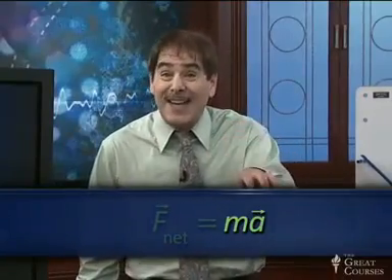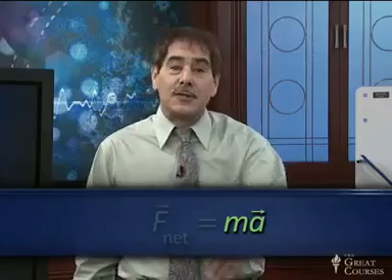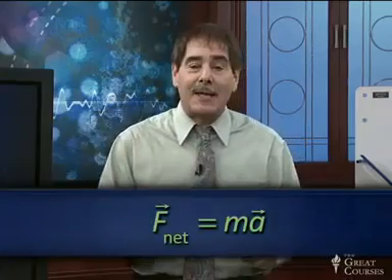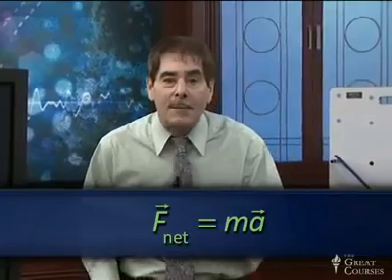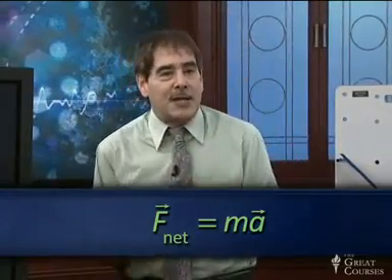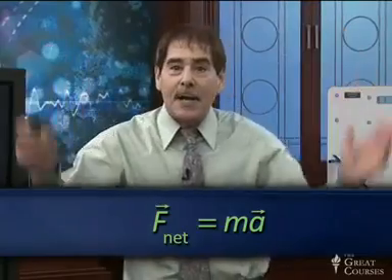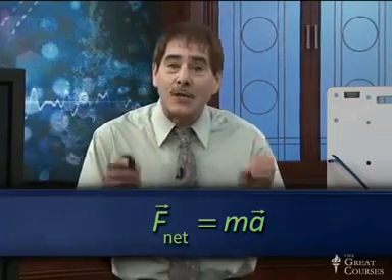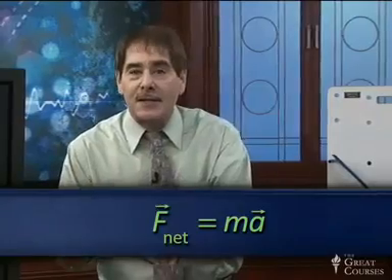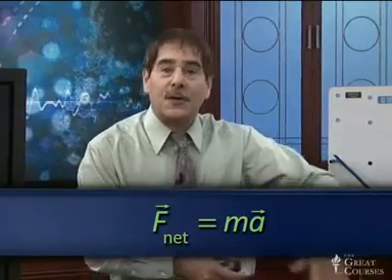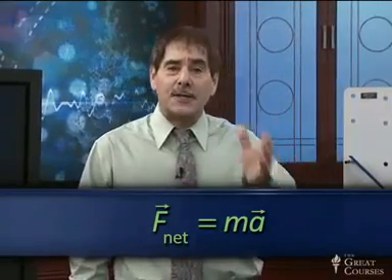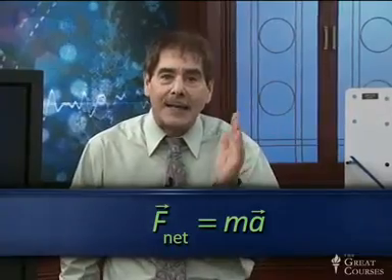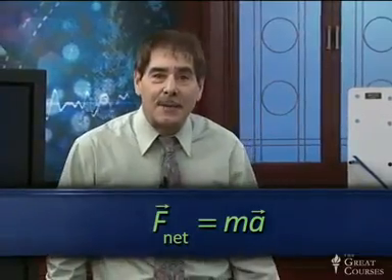It's a vector quantity too. Mass is a scalar, no direction, but acceleration is a vector, so this is a vector quantity. And the equal sign indicates that these two things are mathematically equal. But it doesn't mean that they're the same things physically. And a great big common misconception is to think that the right-hand side is another kind of special physical force and make up silly names for it and all kinds of other things. It isn't a force. It's simply the product of the mass and the acceleration. All the real physical forces are on the left-hand side of Newton's law. And to understand and use Newton's second law, you've got to appreciate that distinction. The equality means they're mathematically equal, but it doesn't mean they are physically the same thing.